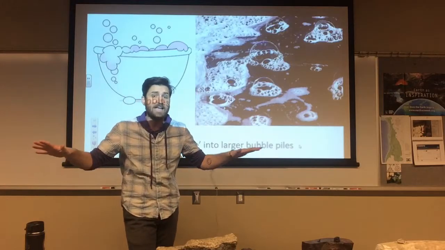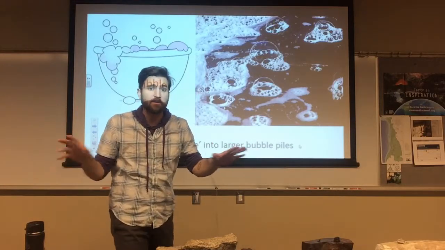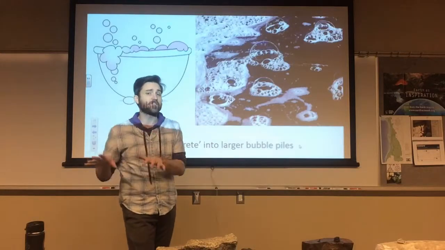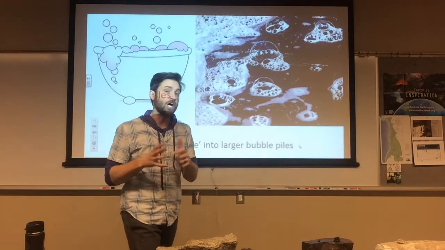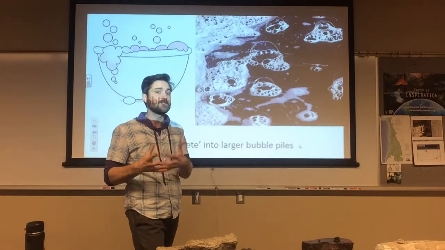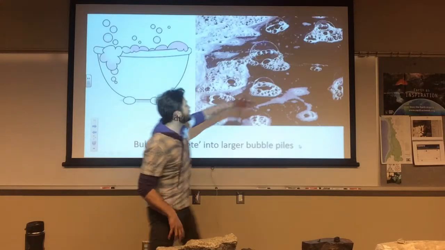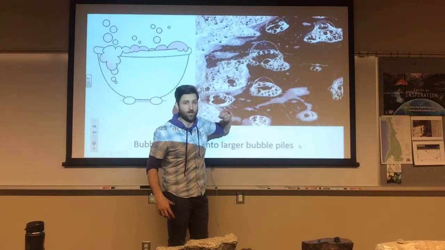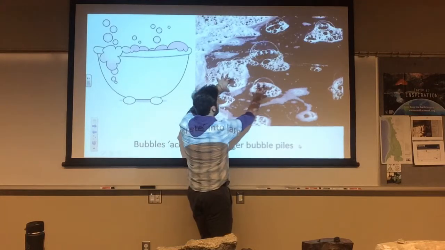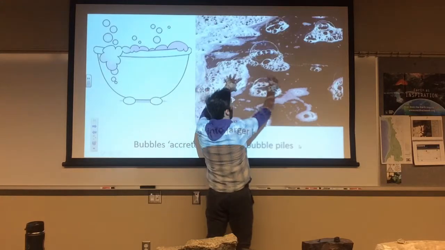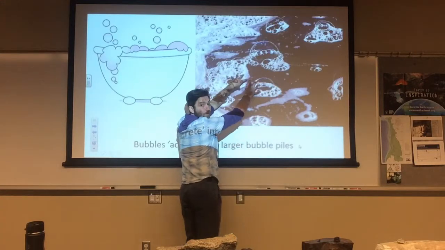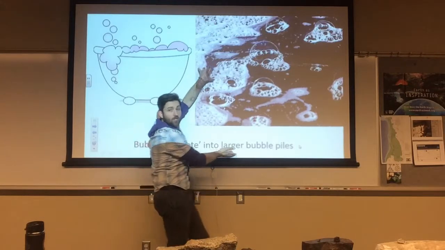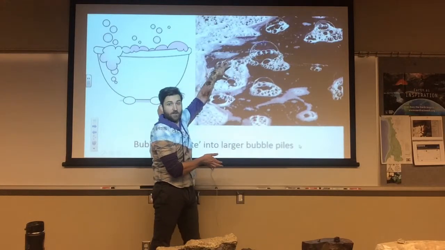Now, they're not like that exactly at all, right? This is just a simple analogy that's going to help for the next concept called accreted terrains or accreted exotic terrains. So if we have these little island bubble mats out here, these are like little cratons. And those cratons, as they're drifting across and they run into each other, they accrete together to make larger little piles of bubbles then, right?